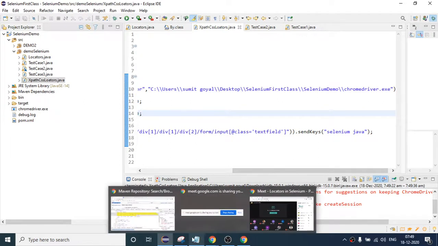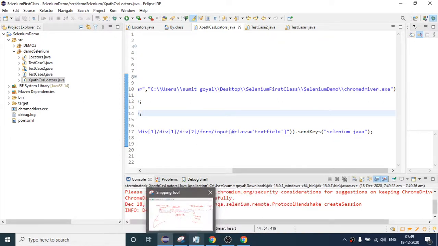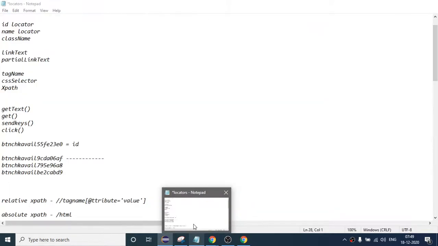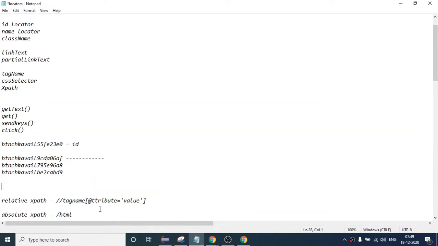Yep. Okay, so this absolute XPath we many times do not prefer. If I talk about the difference, generally you should prefer this, if I write it after that, mostly preferred, and this is not preferred many of the time. Why is it not preferred? Because see, this is the long XPath I have written.